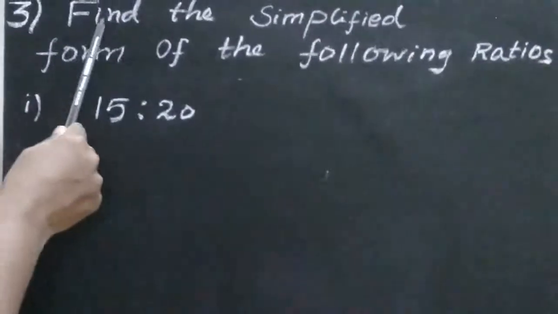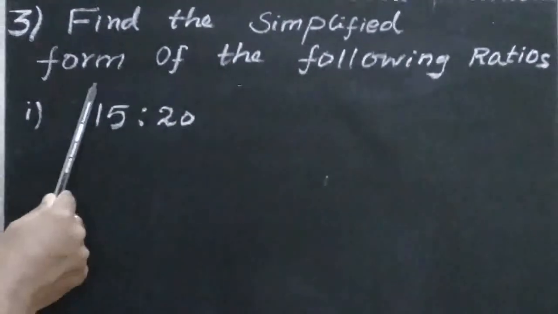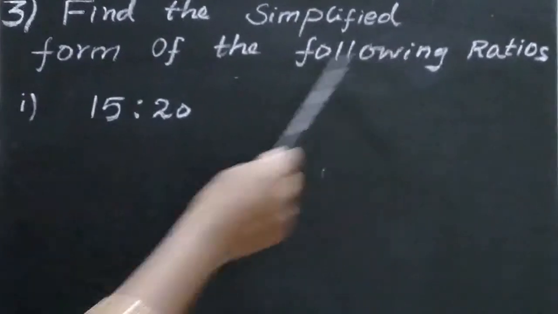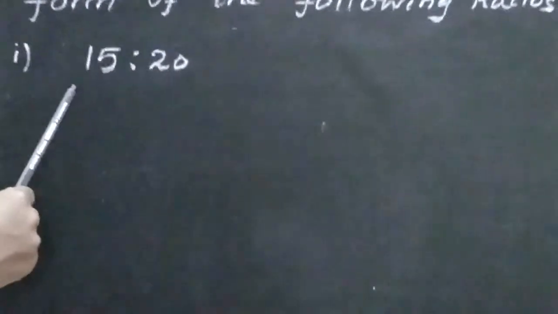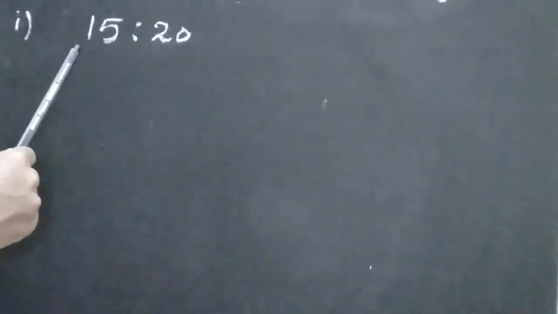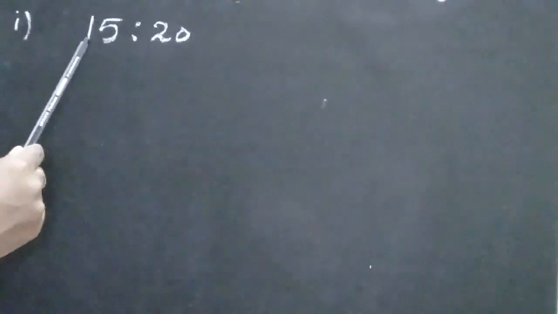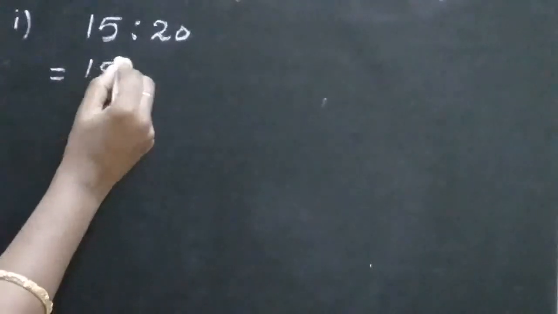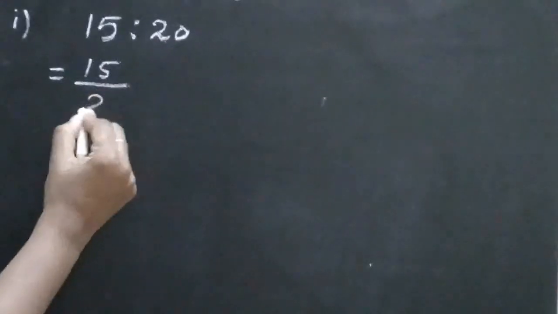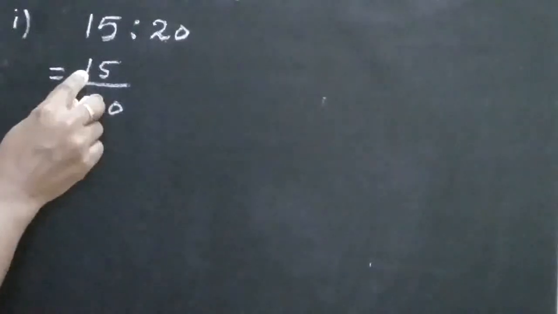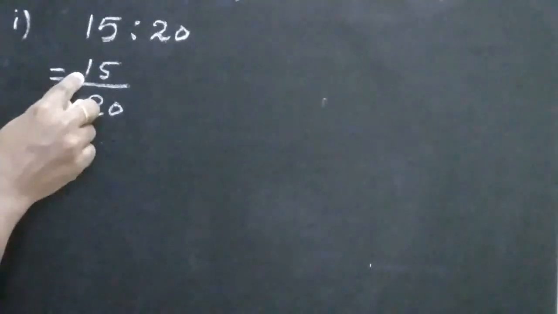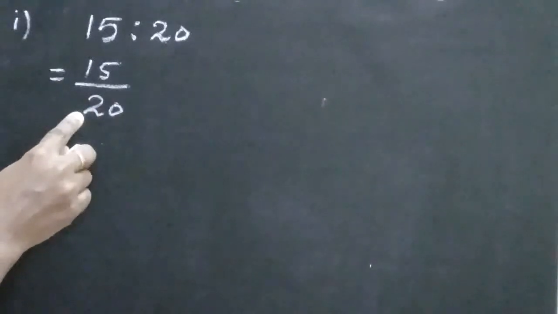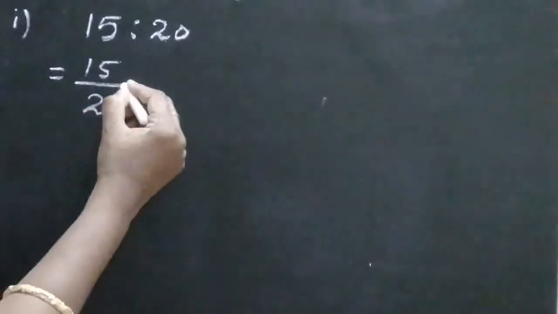Third question, find the simplified form of the following ratios. The first ratio is given. We have to find the simplified form. Simplest form we have to find out. So 15 is to 20. We have to write the fraction form, 15 divided by 20. So both numerator and denominator, 15 and 20, 5 table is possible, that is divisible by 5. Therefore